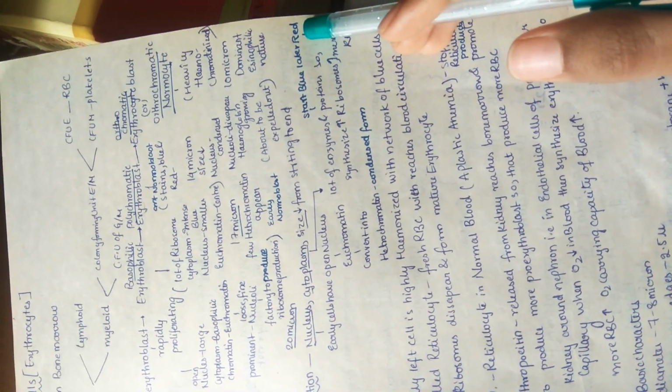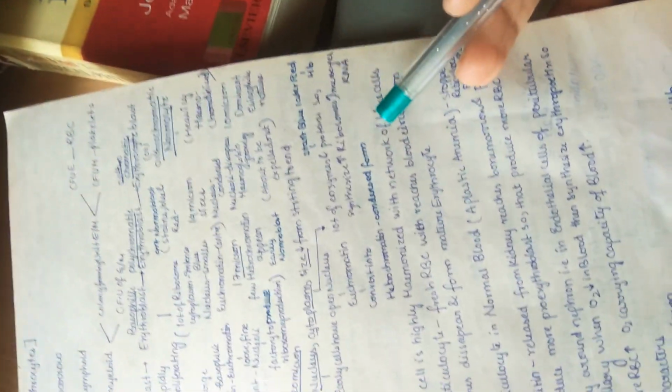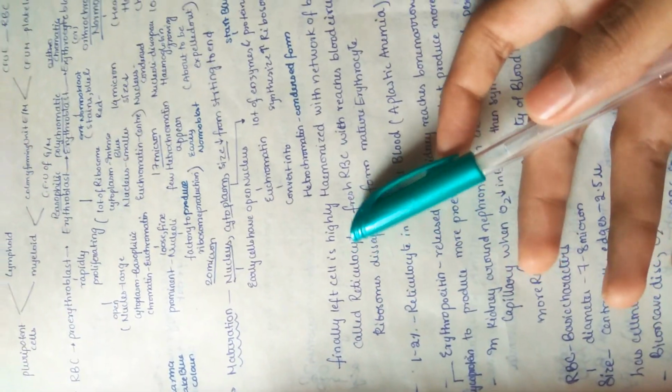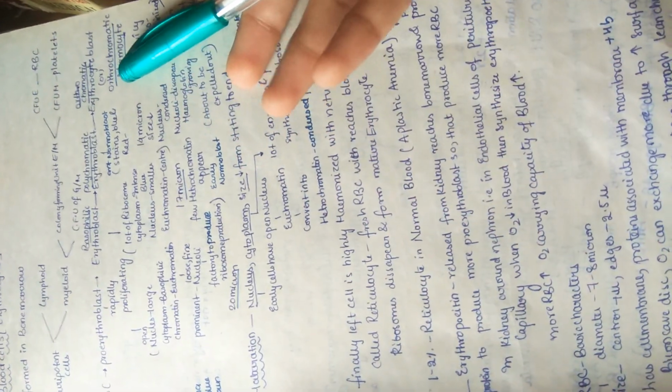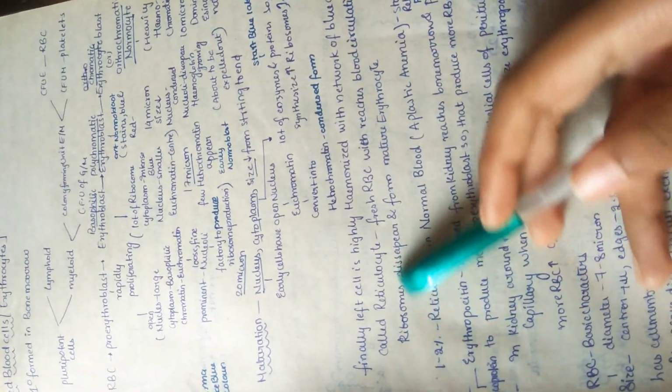Later it is converting into red, mainly due to the presence of a lot of hemoglobin, and also an increase in the synthesis of ribosomes and, of course, messenger RNA. And the size is decreasing from the beginning to the end, as we discussed. So finally the last orthochromatic normoblast extrudes its nucleus, with a network of blue cells called the reticulocyte.